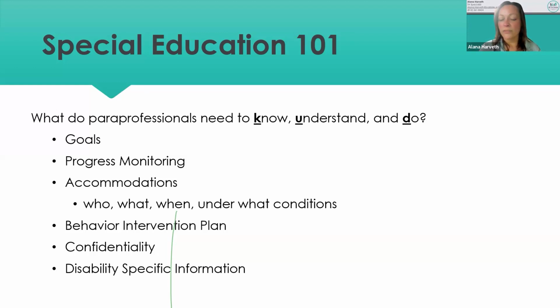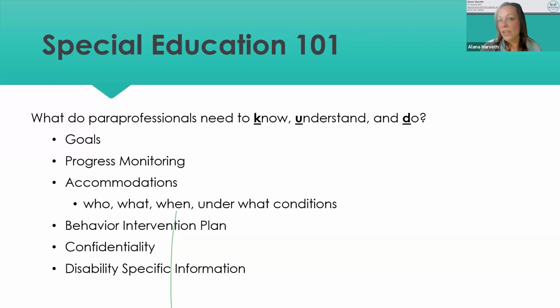And if you don't have access to that, I think that is something that you can ask for, because you're working with the kids, so you need to know what their goals are, when they should know it and why, and what kind of things you need to work on with them. I think that that's just really important. They're called IEP at a glances, and teachers can print them out for you so you can just see their goals and kind of their accommodations and what they need in their classrooms.